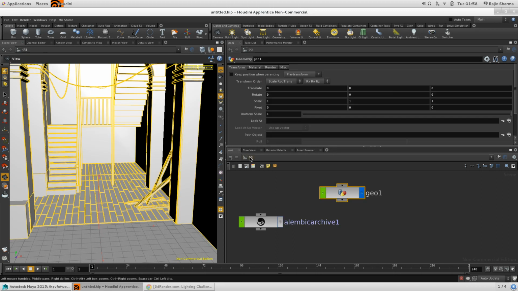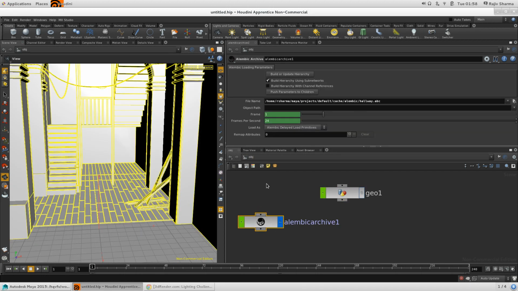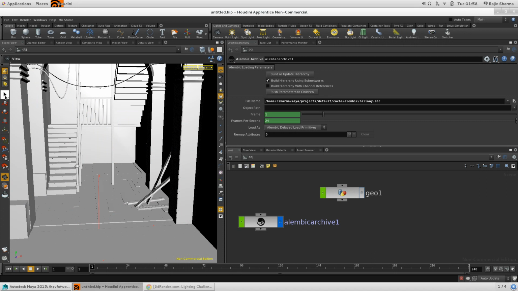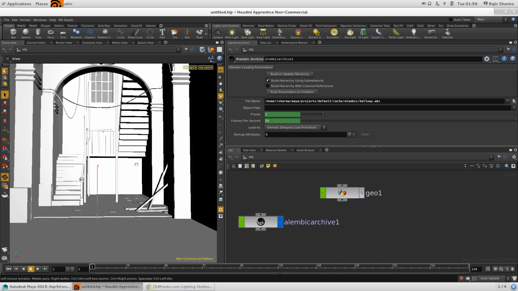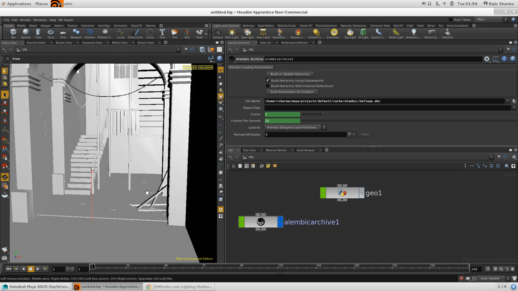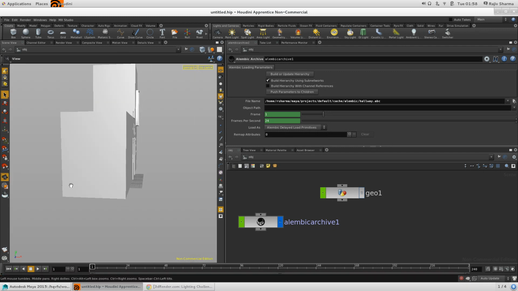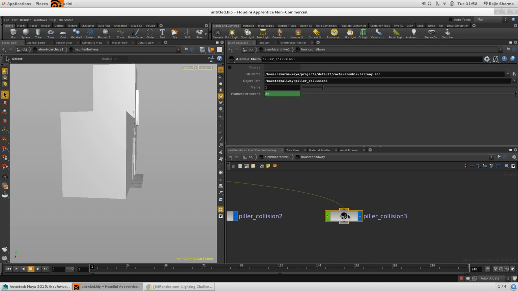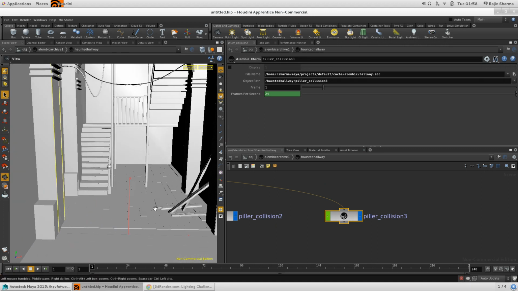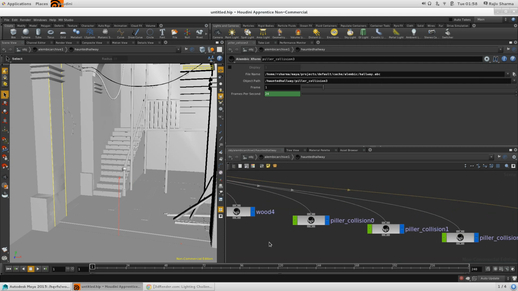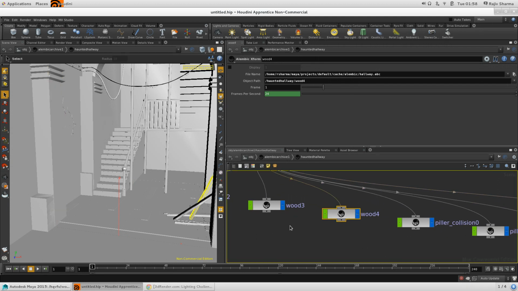Here, if you go to this Alembic scene, you can go to select mode, and you can select each object separately. I'll show you how. If you go inside, you can see your pillars, so you can select your pillar. So if we go to our wood